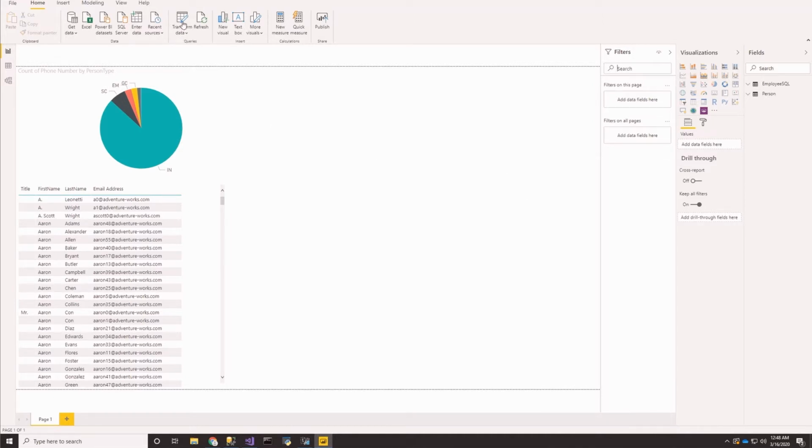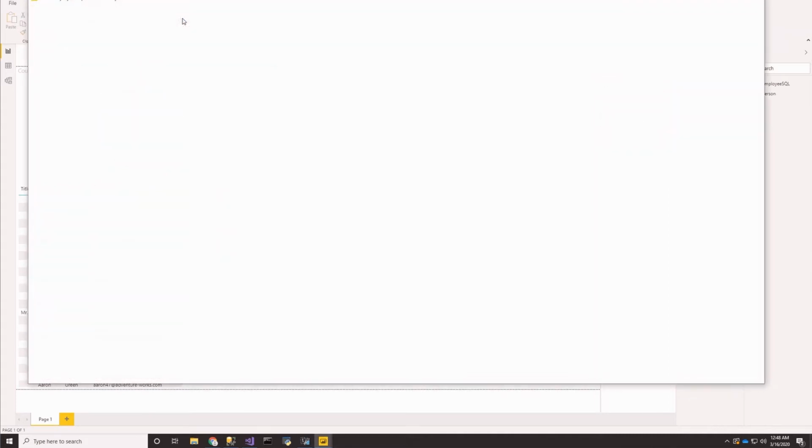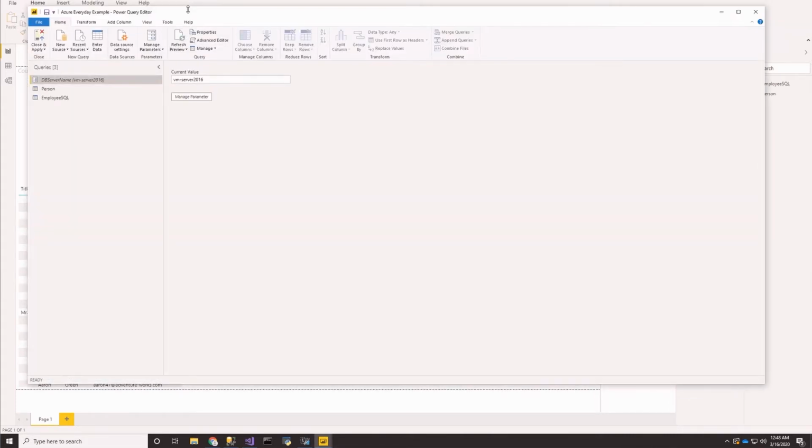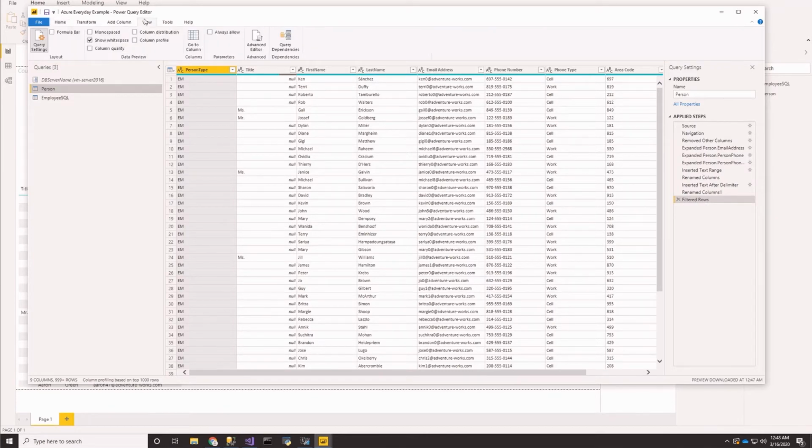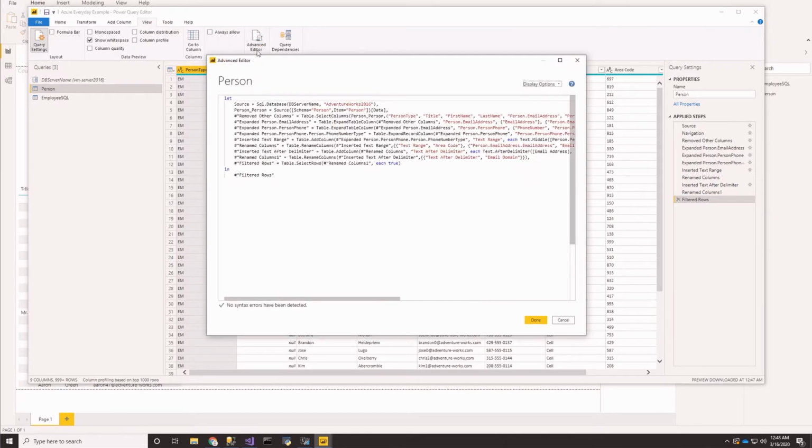So let's go ahead and click Transform Data to load our Power Query editor. Let's go ahead and click on our first query, person, and you can see there's several applied steps here that we need to reproduce out in that data flow. So in order to do that, we just go here to View, Advanced Editor, highlight our M,